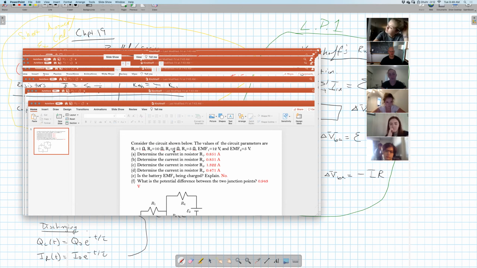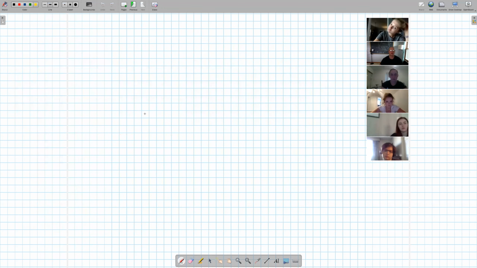One other thing to point out about this problem is that even though it looks a little weird, you can always redraw anything like this. Even though this is tilted away from here, I can easily redraw this circuit to make it look more familiar to you. The way we can do that is by redrawing the left-hand side. So again, let's put our resistor here. This was R2. Here was our battery EMF1 connected to our resistor R1. And then down through here, I can simply move that and put this as R3. And then here's going to be R4,